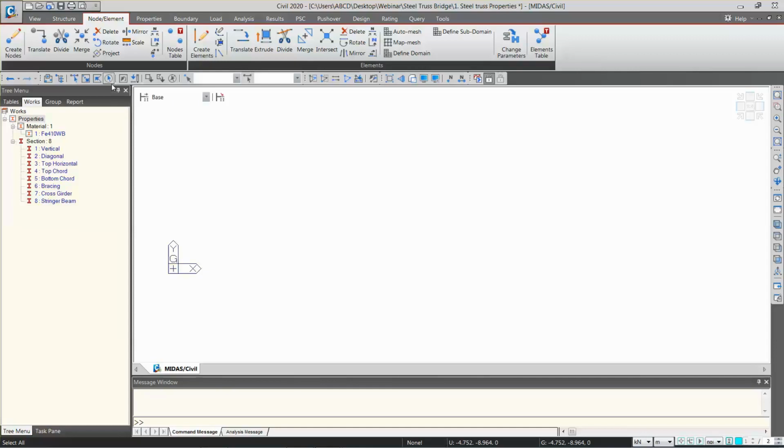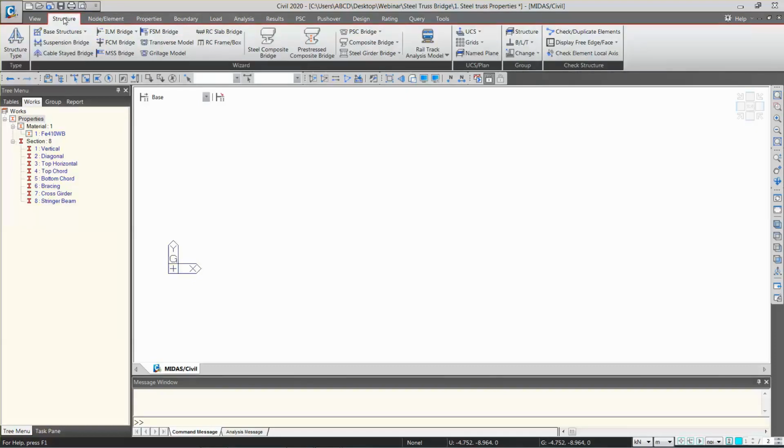it using the wizard. Now this wizard is from the base structures, like we can create beam, plate, column, or truss in fact. When you say wizard, it is always the structure tab. Remember this, whenever one says wizards in Midas Civil, it is always in the structure tab. So I will go to structures and go to truss.